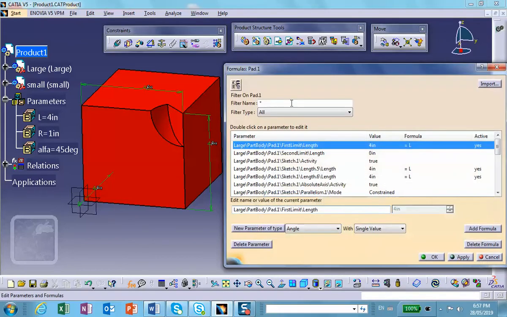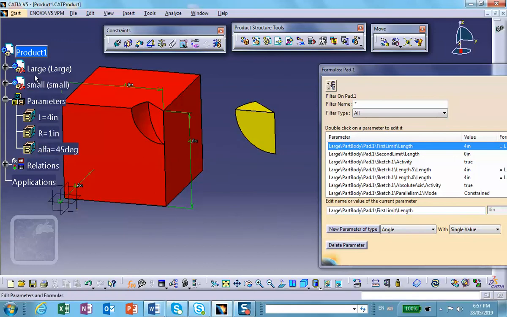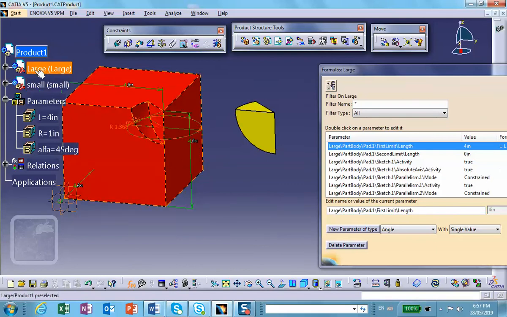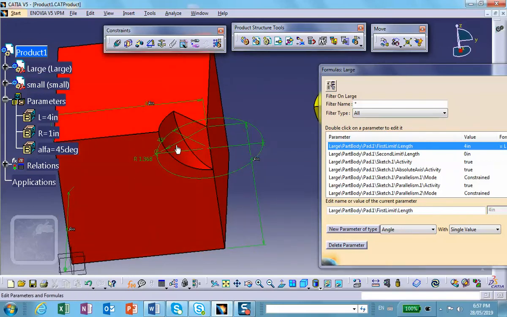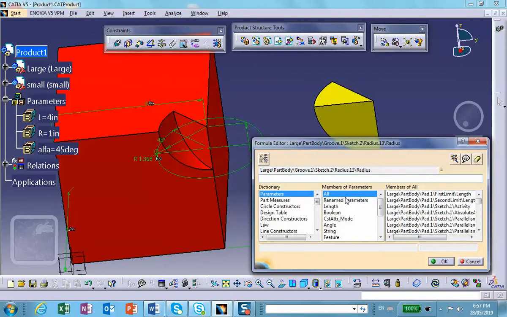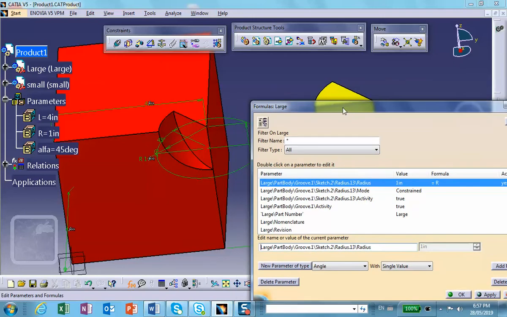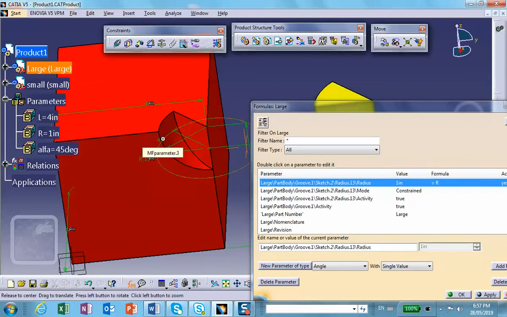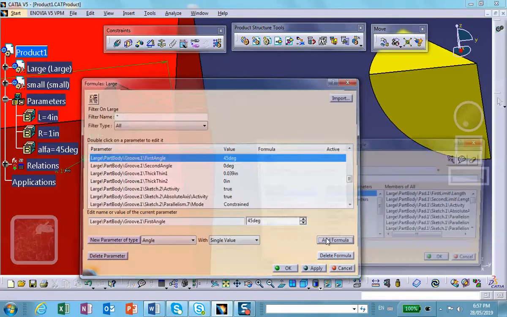Okay, good. Now, if I click on the large part, I want to get this sketch. Remember, I drew a sketch here and then did the groove. So if I click on the large one, there is the radius. Which one is the radius? I think this is the radius. Add the formula. Rename parameter R. Okay. And how about the angle? There's the angle right there. As you can see, 45 degrees. You select this, add a formula, rename parameter alpha,